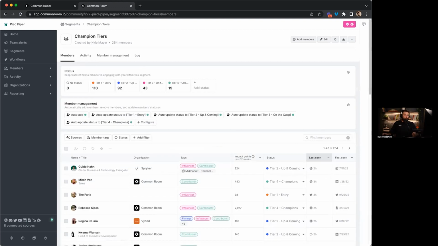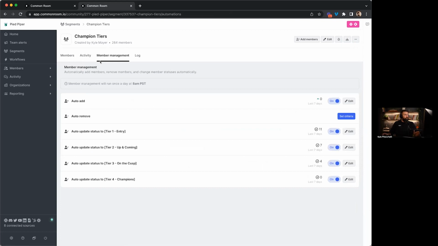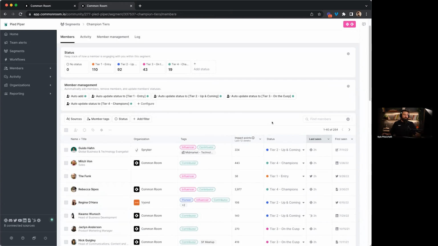Now, going back to members, I just want to quickly recap. So advanced segment champion journey, we have multiple tiers, which essentially represent different milestones in the journey. We've basically taken our automations and we've created impact point thresholds for each of these. One for people to come into the actual journey, one for different tiers, tier 1, tier 2, tier 3, tier 4, so we can move them through the journey. And then now we can actually see this all unfold, which is amazing. But again, I know I have to be quick. That's segments in Common Room.